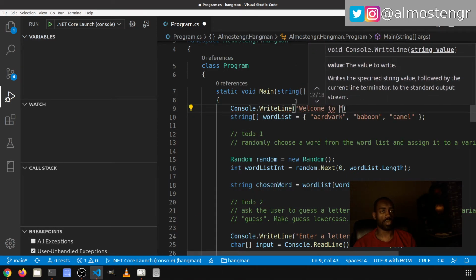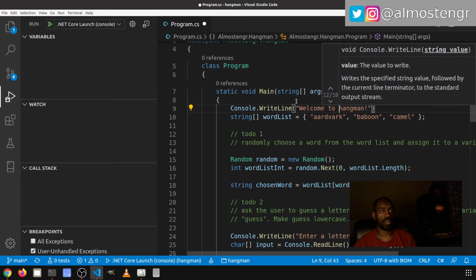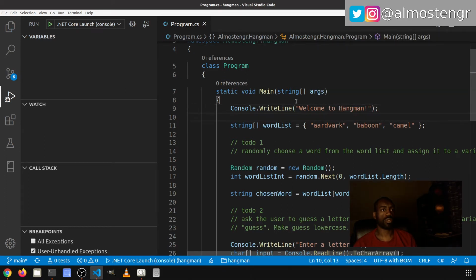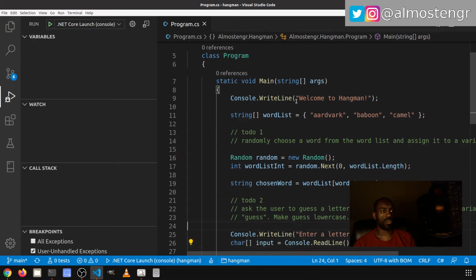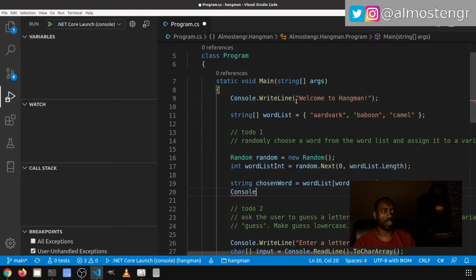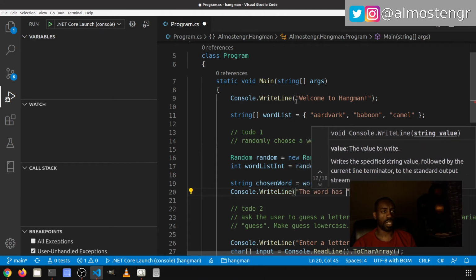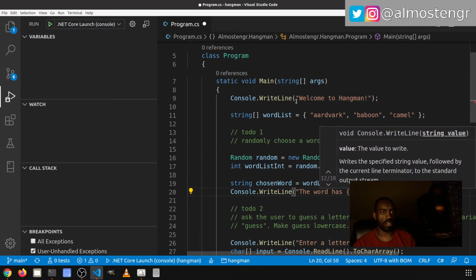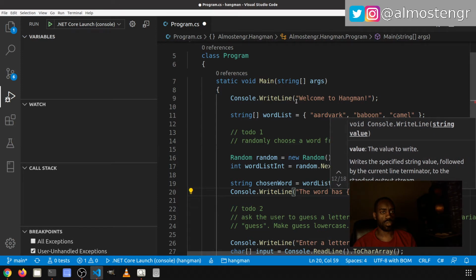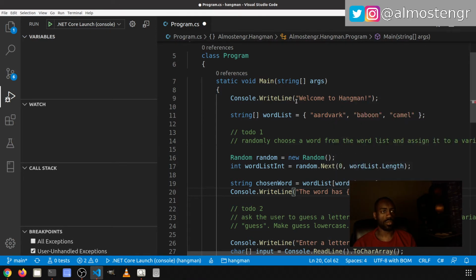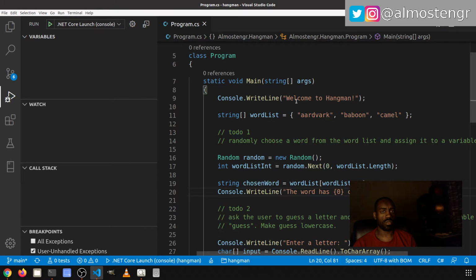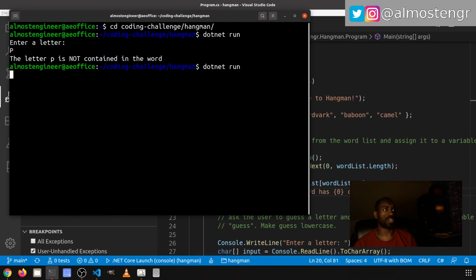So we'll say Welcome to Hangman, with a capital H. And we want to say, all right, we have the chosen word, so we can do Console.WriteLine and say that the word has, and we'll do a replacement there, characters. And with that, we'll do chosenWord dot length for the substitution value. So now if we come back over to our terminal and run this again,